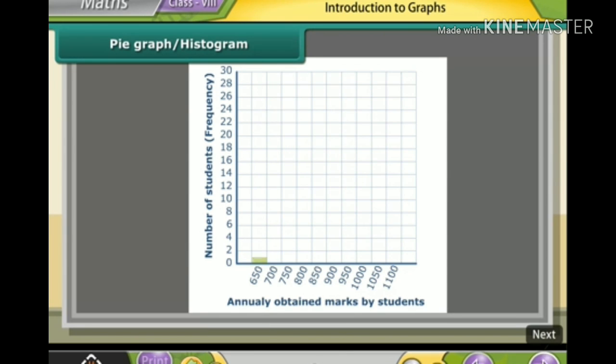Histogram. A histogram is a graphical representation of a frequency distribution in the form of rectangles with class intervals as bases and heights proportional to corresponding frequencies such that